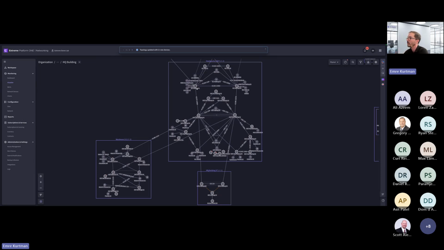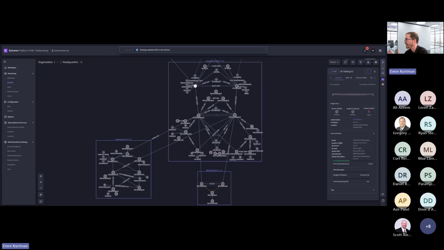When you click on any object on the topology, let's say if you click on a switch in this case, on the right-hand side, the inspector panel opens up, which provides you more detailed information about that particular device. In this case, it's a Fabric Engine switch. And if you want to see more details about system name, IP address, location, and some physical device details such as the model, also the operating system, the MAC address, and so on and so forth.